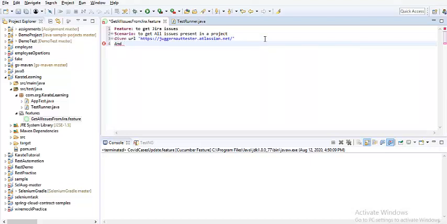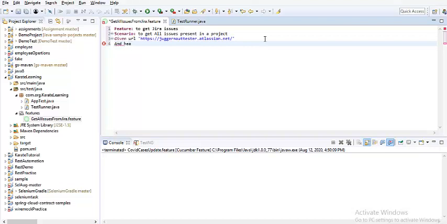So this is given my URL, and Jira does not allow us to hit their endpoint without having authentication set, because we need to be authenticated. So what we need to do is carry some header. That header basically contains our user ID and the API key. So let's add that particular header so that it recognizes this particular project is coming from the owner, so I need to assist him with the response. So that's how the authentication or authorization works.